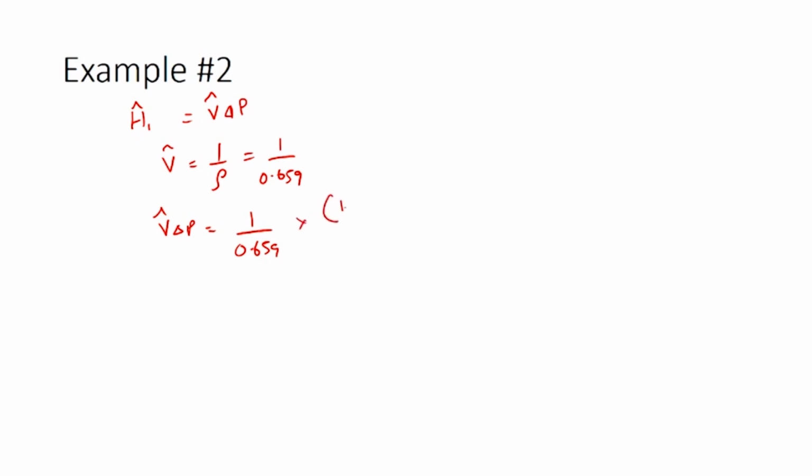So, let us first calculate the change in enthalpy for the first step, which is H1 cap. This would be equal to V cap delta P, because there is a change in pressure for a liquid phase system. We can calculate V cap using the density values for N-hexane. V cap would be 1 by density. The density from the tables is 0.659, so 1 divided by 0.659 is the V cap value. Now, we have to calculate V cap delta P. So, V cap delta P would be 1 divided by 0.659 times delta P, which is 1.013 minus 7 bar,